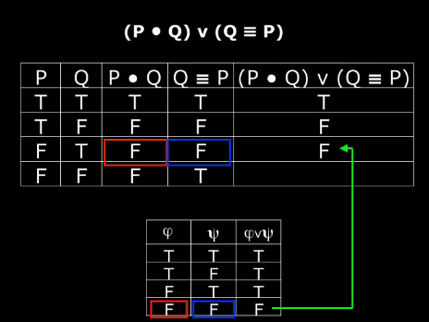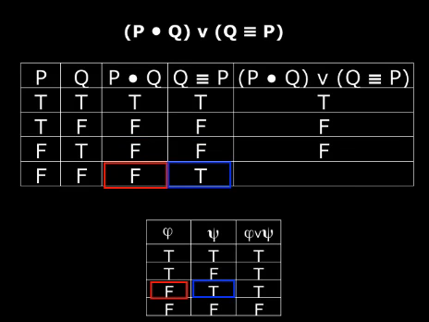Okay, and finally, let's go to the bottom row, row 4. Here the first disjunct is false and the second is true. Okay, let's find that combination right here. First is false, second is true, and according to the truth table, the output here is true. Okay, so now that's our truth